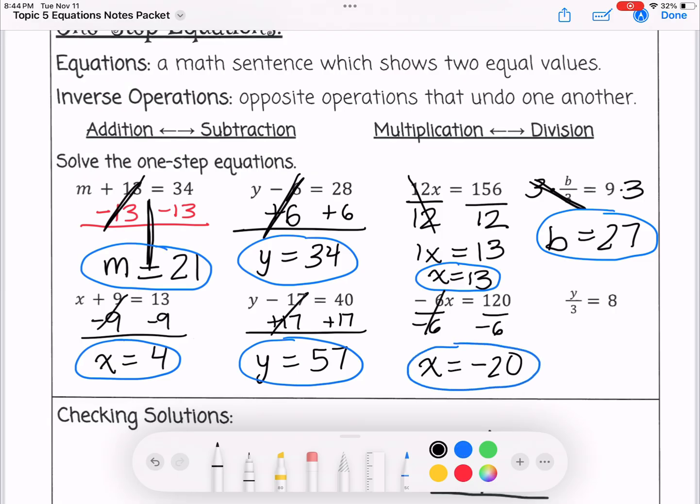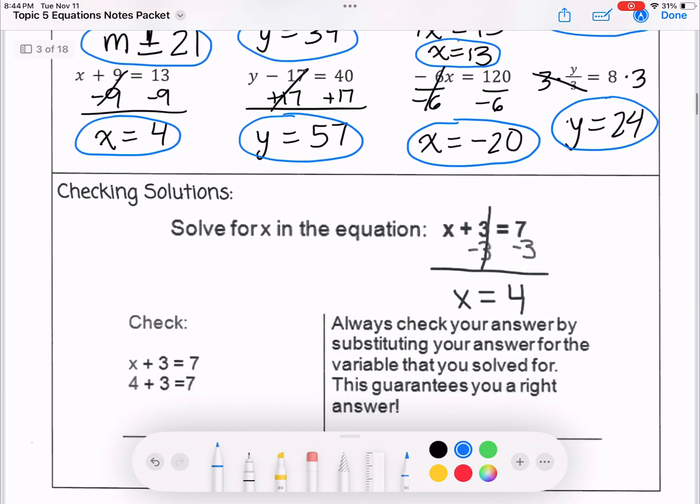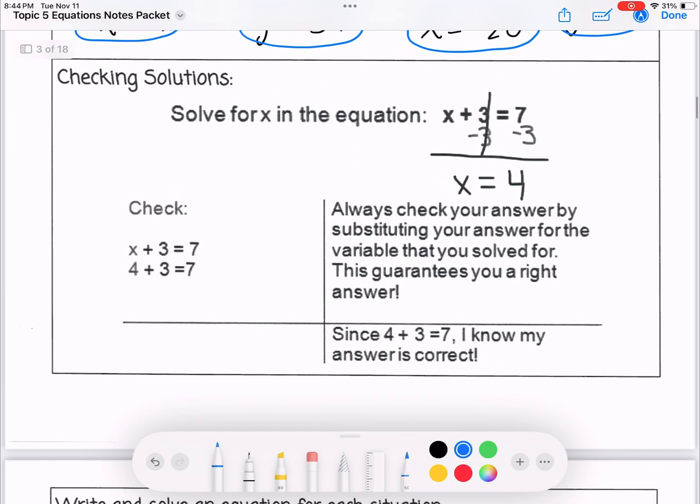As you see, I'm dividing by -6, and I get x equals -20. Check to make sure you got the same thing. And then for the last one, I multiply both sides by 3, and I get y equals 24. All right, that concludes the solving of one-step equations. Underneath, we'll see some more details on